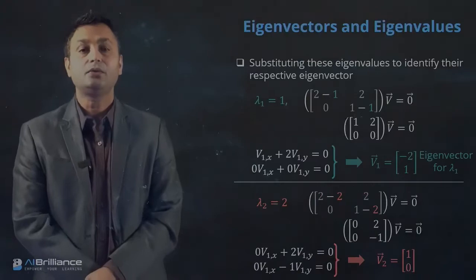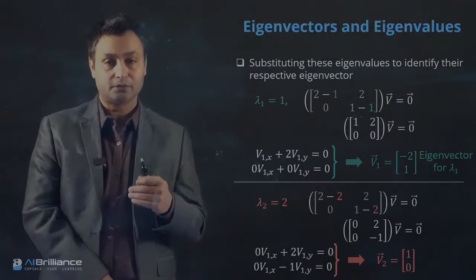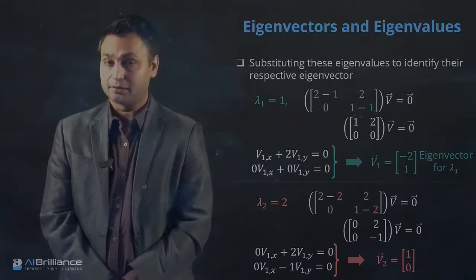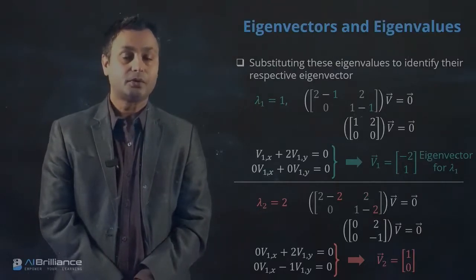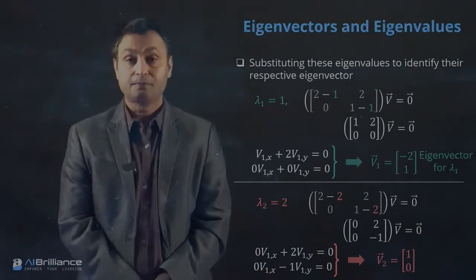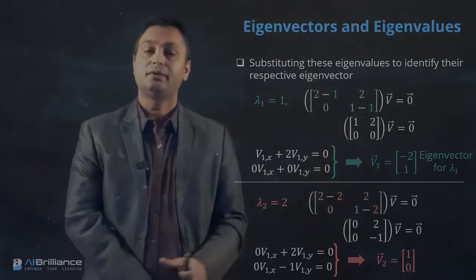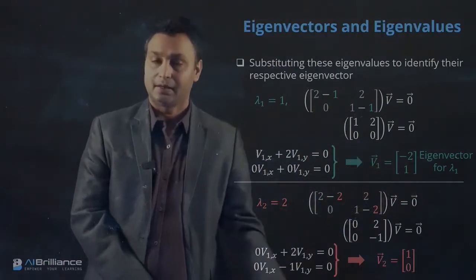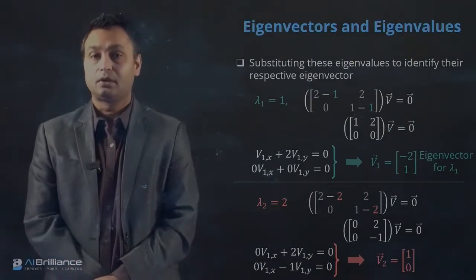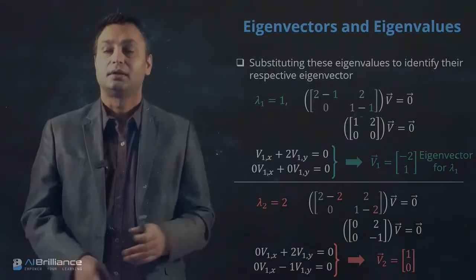So this is how you can take a transformation matrix and go through a series of steps. First, determining the determinant, which is basically the characteristic equation. From the characteristic equation, you find the roots of that equation, and that leads to different values, the eigenvalues. Then, corresponding to each eigenvalue, we go back and solve, and we find the corresponding eigenvector. So this is the numerical process of finding eigenvalues and the eigenvectors corresponding to any given transformation matrix